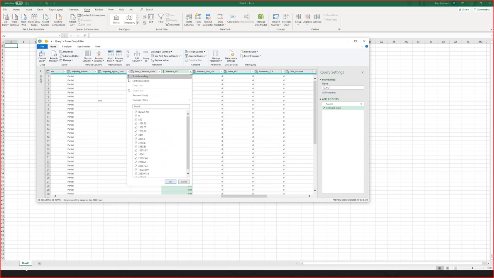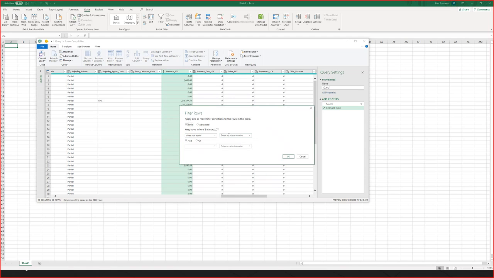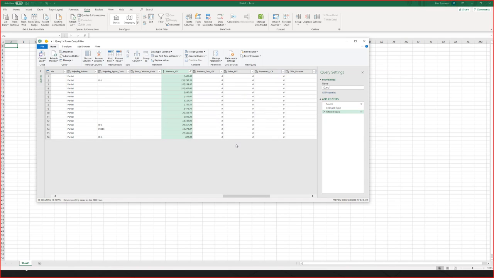The other thing I want to do is filter. I don't want anything that has a zero balance; I only want to see customers. I can do the standard Excel thing, just uncheck those, or I can filter the numbers and say I want stuff that does not equal 0. Again, it's all Excel filtering, so I can filter those rows, and we say okay, and there we go. Now I have the 15 to 20 records of the customers that actually have data.